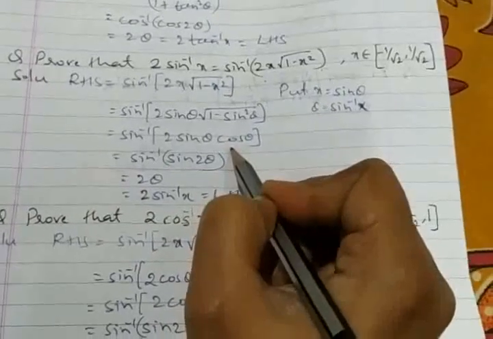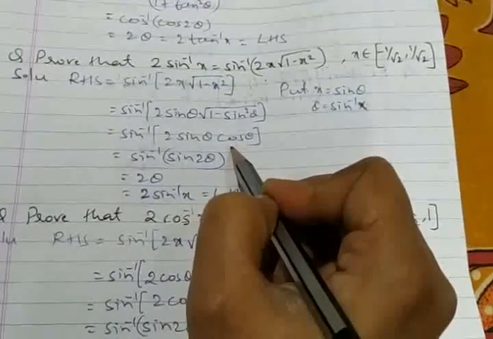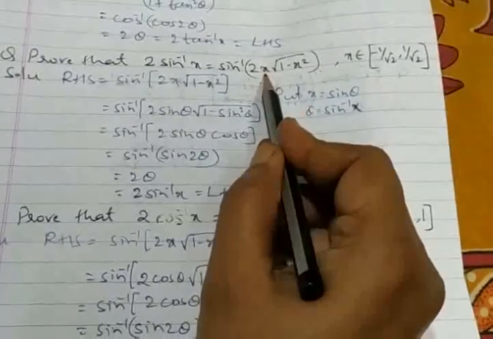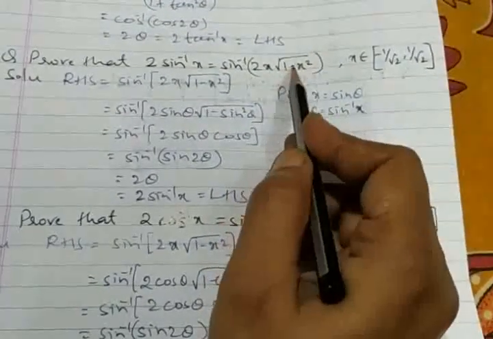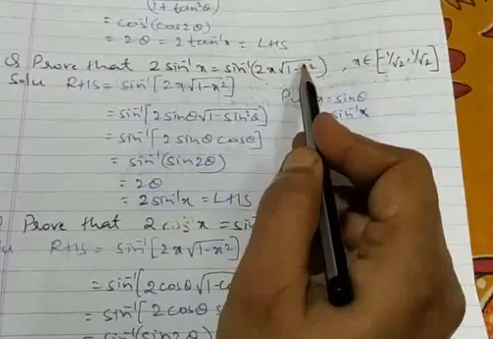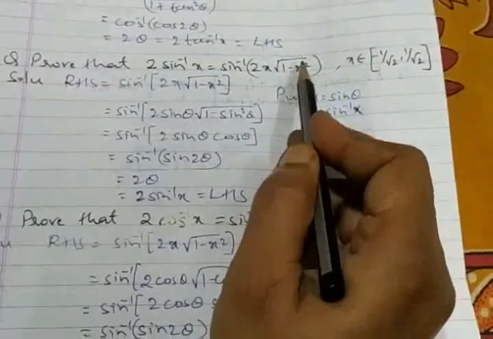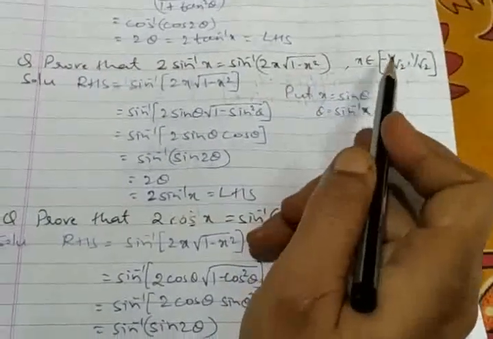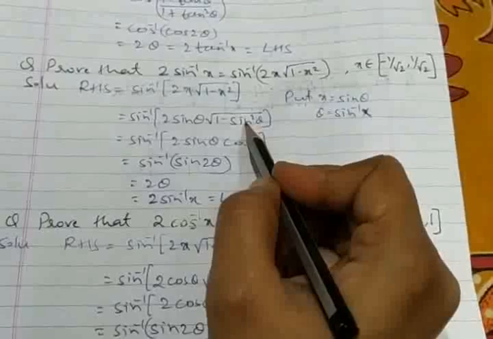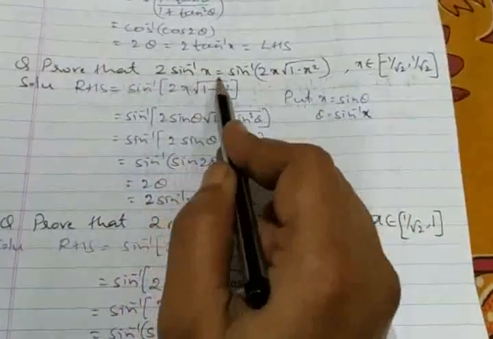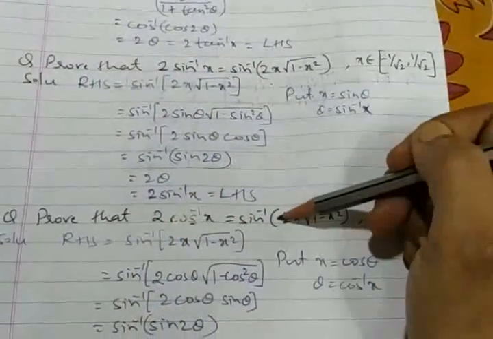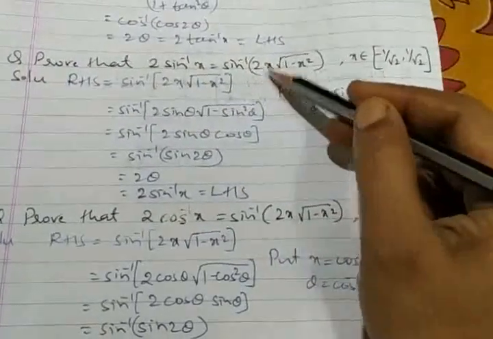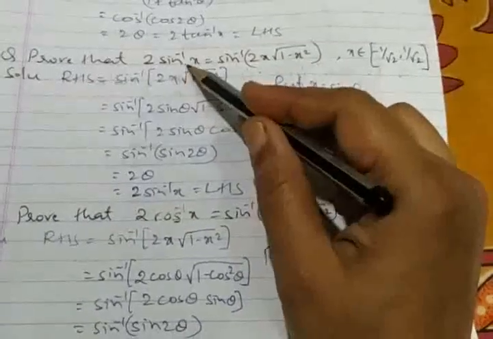Even if you put x is equal to cos theta, we are left with root of 1 minus cos square, that is nothing but root of sin square, which is nothing but sin theta only. That's the two results, but x plays an important role here. Got it? But the standard result is this formula only. This will be discussed because this question is asked in the textbook. So look at the question properly, and if it says prove that, put x equal to sin theta.